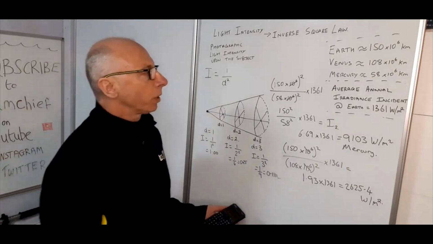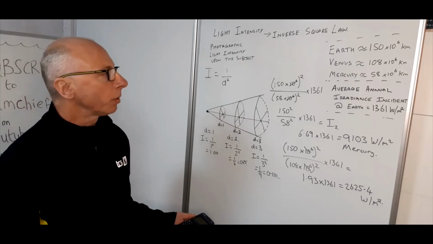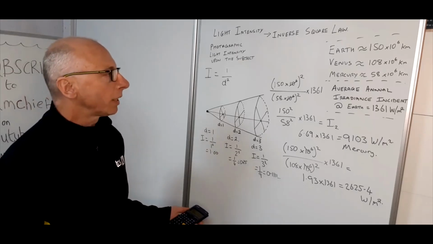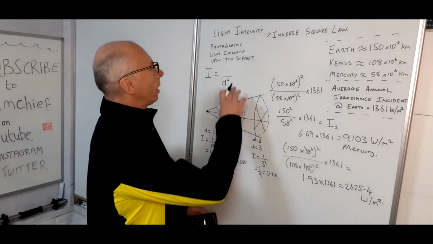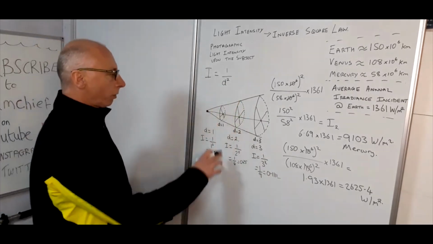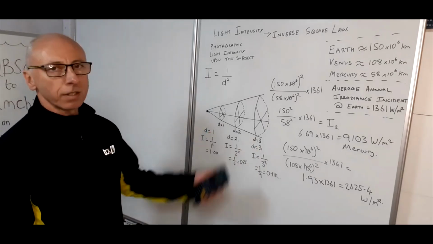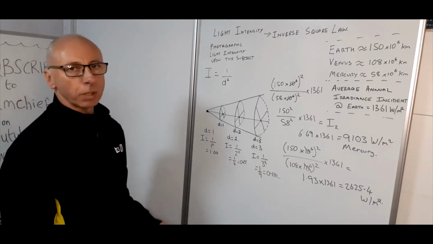So if you go on, we could calculate all these for all the other planets, for example Saturn or Pluto or Neptune or whatever, using this formula that we've used here and manipulated a little bit, and it would all come from the same way that a photographer would use to calculate the light intensity when he's trying to photograph